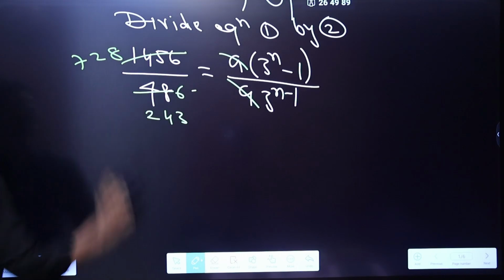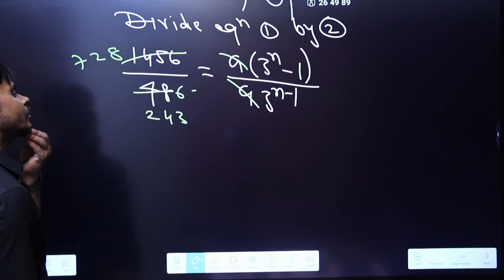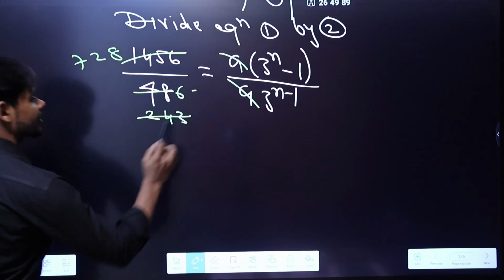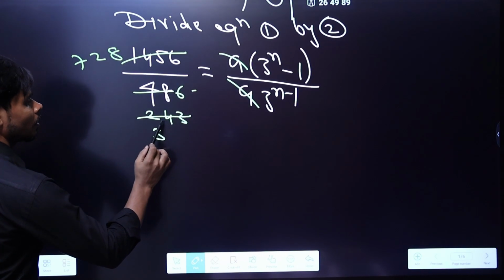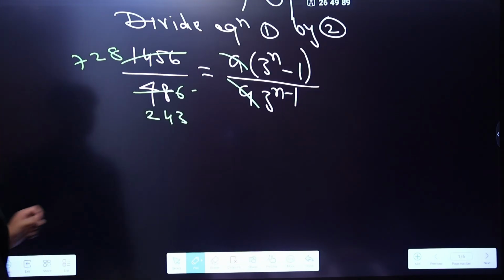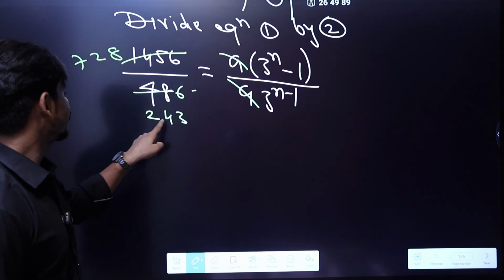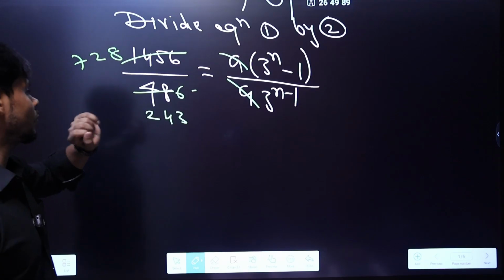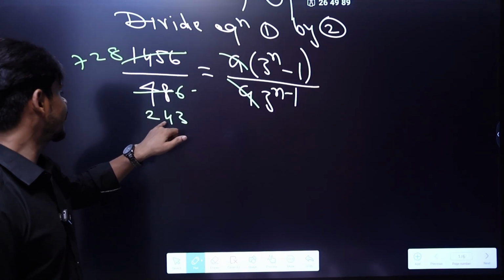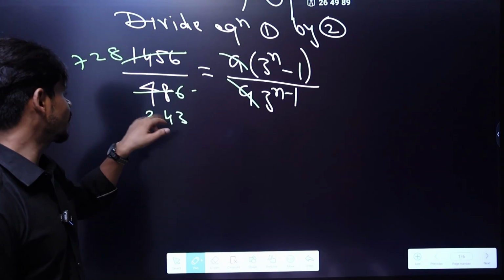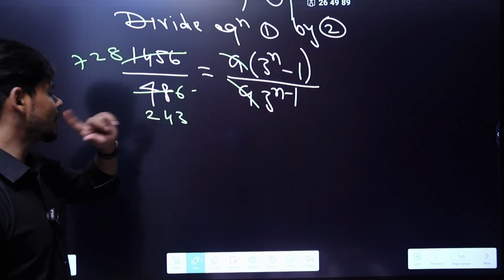7 28, no doubt. Next, by which number should I cancel? If I cancel by 7, will it? Yes. 7 3 is a 21. No. This number will not get cancelled out by 7. But it must be. It is not getting cancelled. 8 10 17. It is not by 7. Will it get cancelled out by 9? 7 21 3. It will not get 2 4 3.